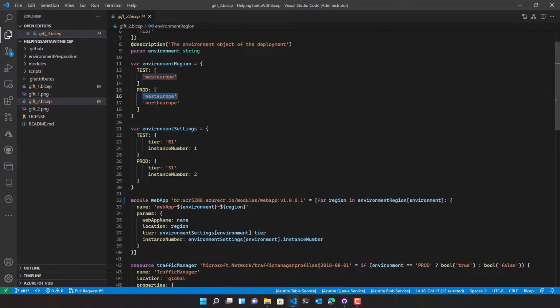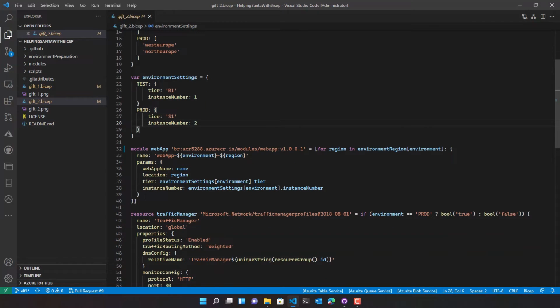Then we have another array with the settings for the app service plan, and in the test environment we will be using a tier B1 with 1 instance, while in prod we will be using a tier S1 with 2 instances for each region.